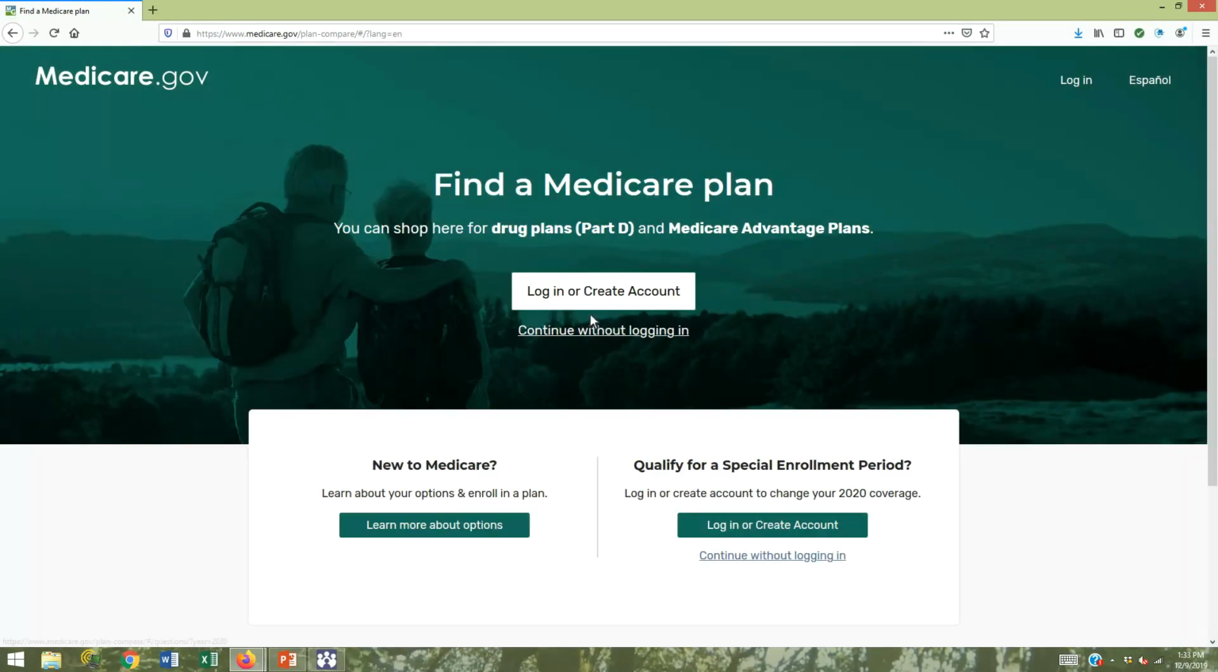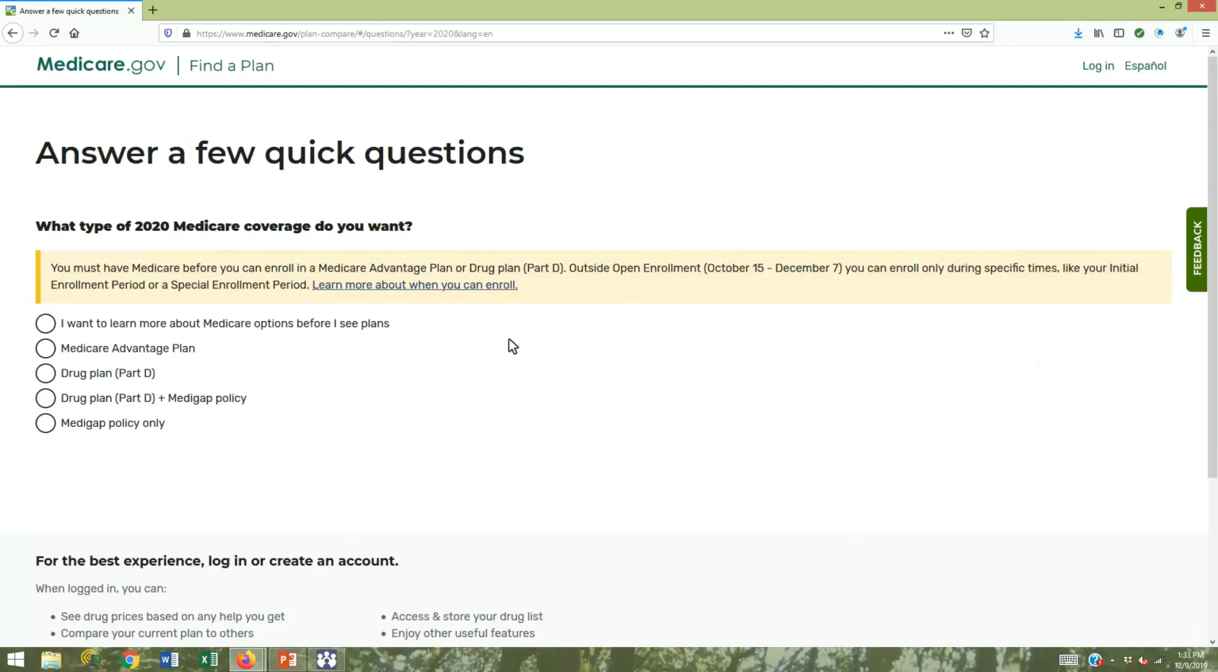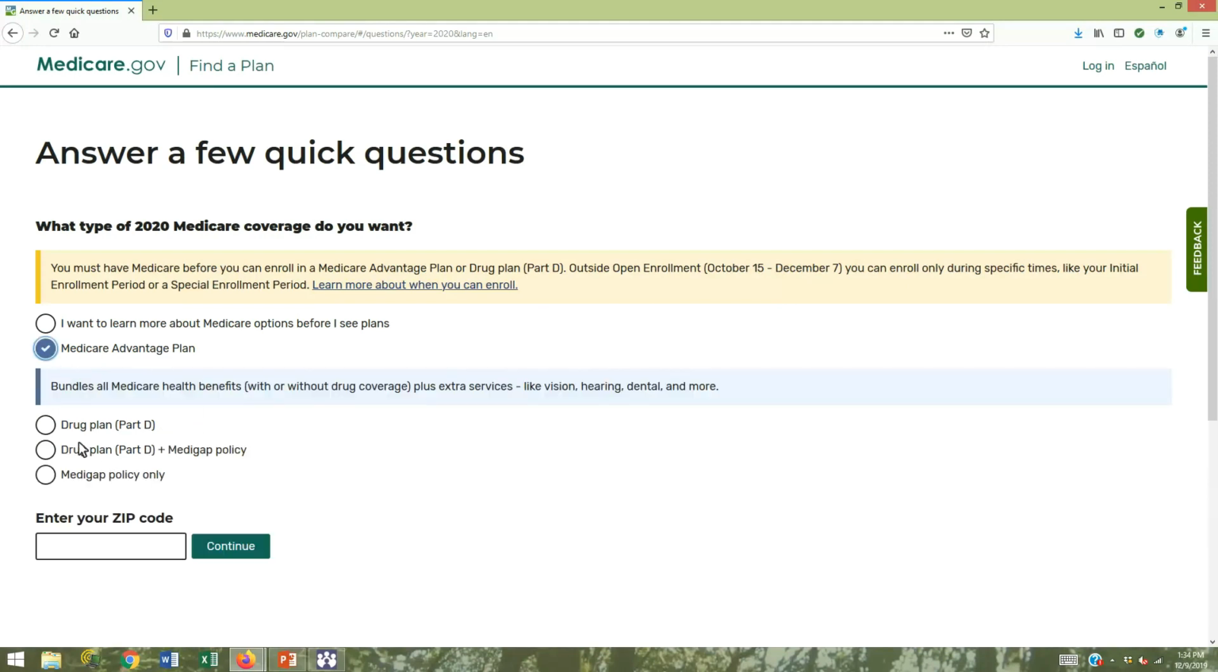We're not going to create an account today. We're just going to log in as a guest, and you'll see the screen where it begins. There are again other options here. You can learn more about the Medicare options: Medicare Advantage plan, the drug plan only, drug plan with a Medigap, or the supplemental policy that Rachel talked about in her slides, or the Medigap policy only. For our purposes today, we're going to walk through the Medicare Advantage plan, and you can put in your zip